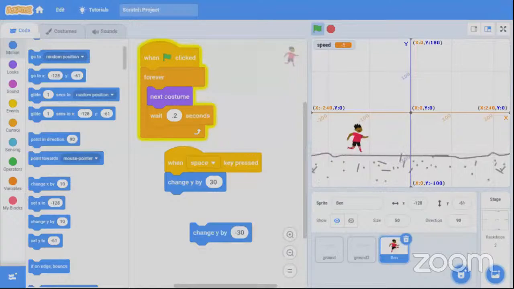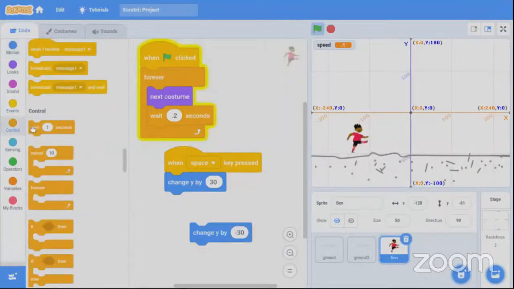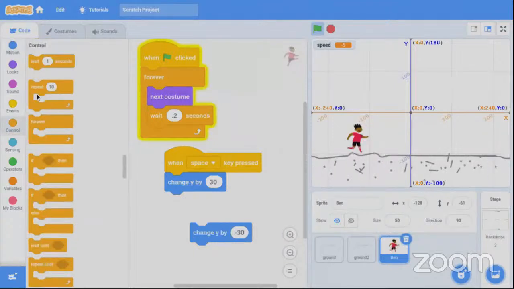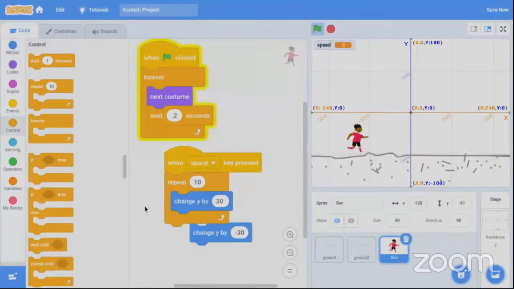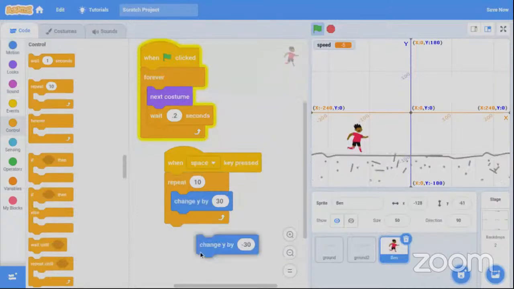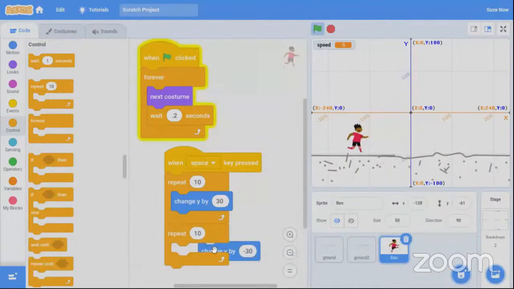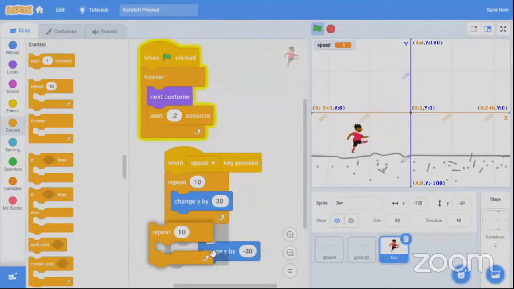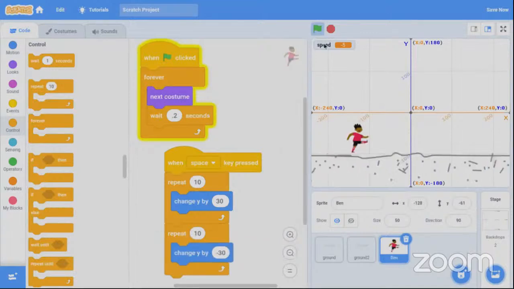So what do we do? We can get repeat from control, just the way Paula had in her code, and put it here like this. And then I can still go ahead and get another repeat, and I put it right below here, like this. So when I play,